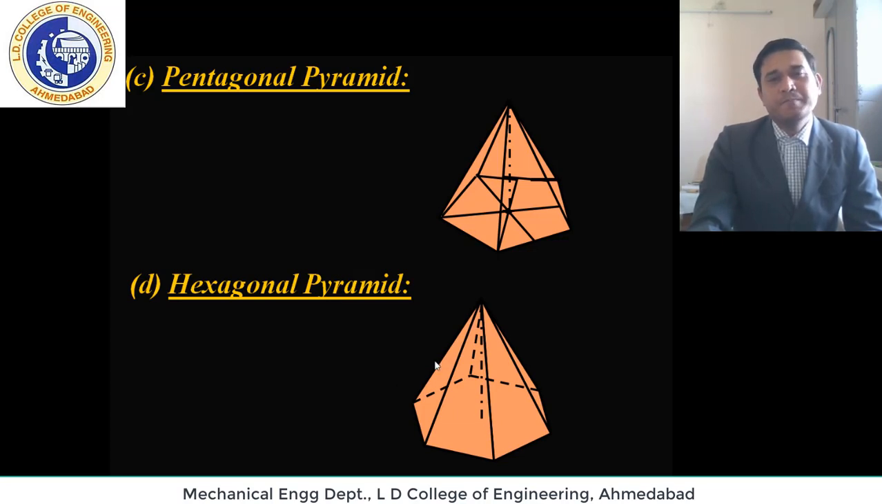But the same thing is that all pyramids have triangular faces, while prisms have rectangular faces. This is the basic difference between pyramids and prisms. Second, prisms have two bases, while pyramids have a single base. Okay,